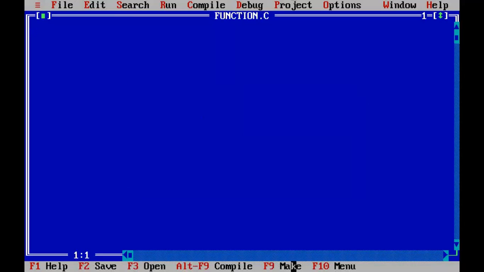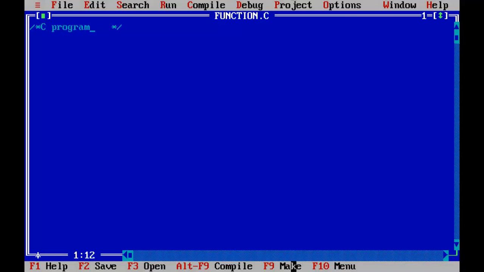This is not an instruction. How to write the comment in C language? We write / and asterisk, and the comment ends with asterisk and /. Whatever you write in between these two, this is not an instruction. Just I write the comment: C program